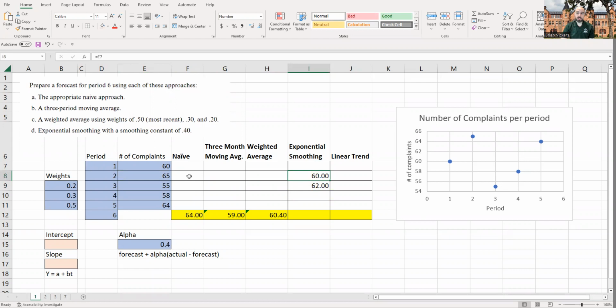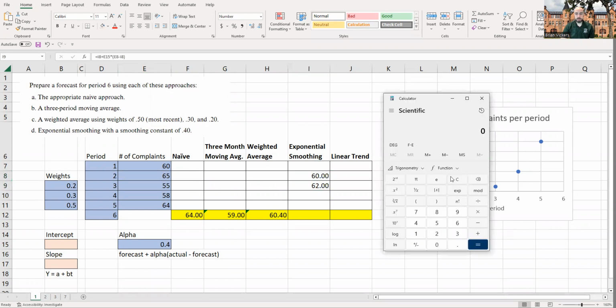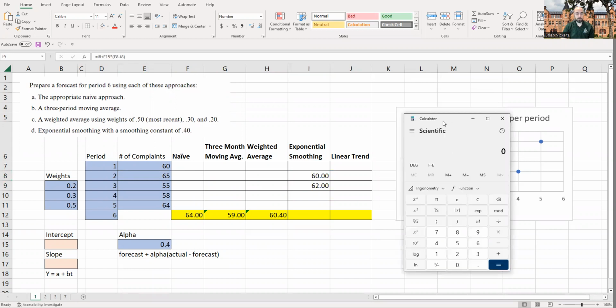40%, 0.4 times 5 is 2, so I'm adjusting it by 2. How would I do this by hand? First I would have to get the actual minus forecast. So the actual is 65 minus 60 is 5. Multiply it by the alpha, 0.4 times 5 I get 2, and then 2 plus the forecast, plus 60, I